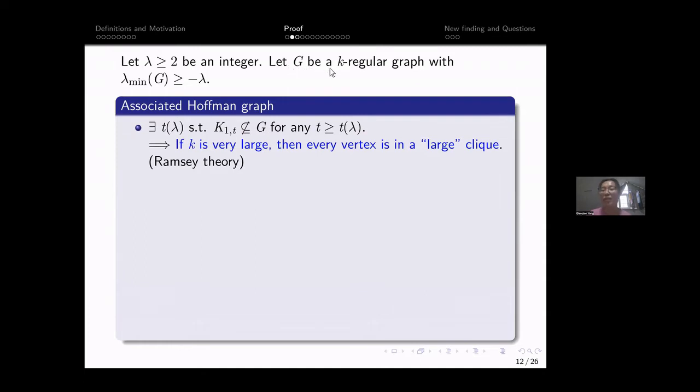So let's take a graph G with smallest eigenvalue at least minus lambda. From the previous page, we knew that the smallest eigenvalue of K_{1,t} can be very small. So we can find a t depending on lambda such that the claw graph K_{1,t} is not an induced subgraph of G if t is very large. If K_{1,t} is not an induced subgraph of G, this means that if the valency of this graph G is very large, then